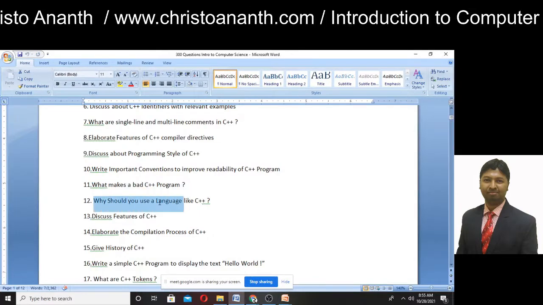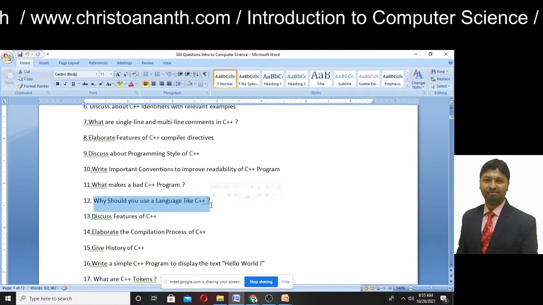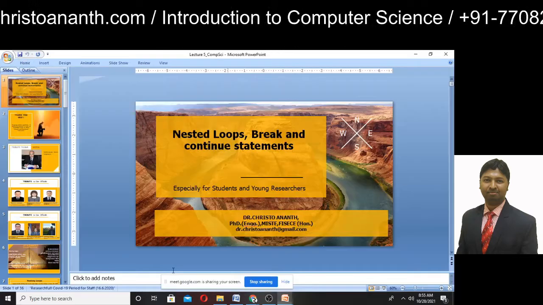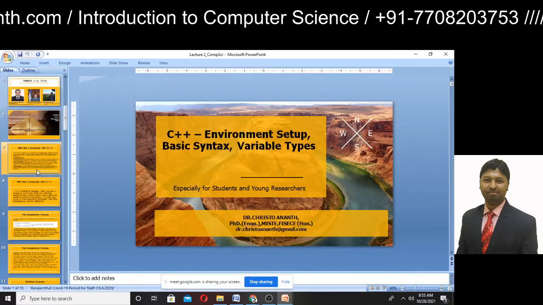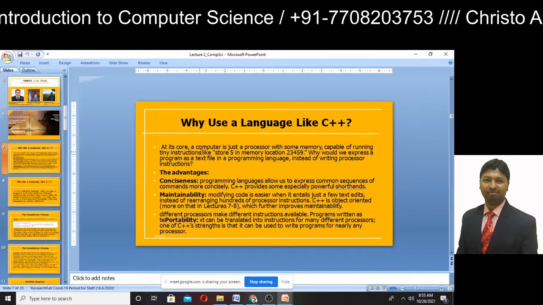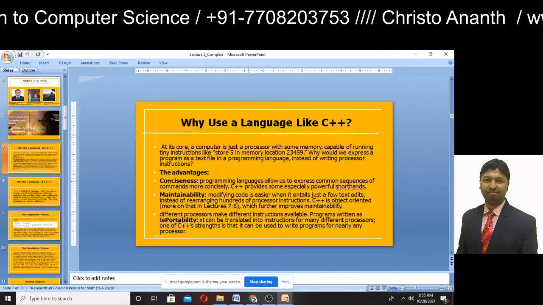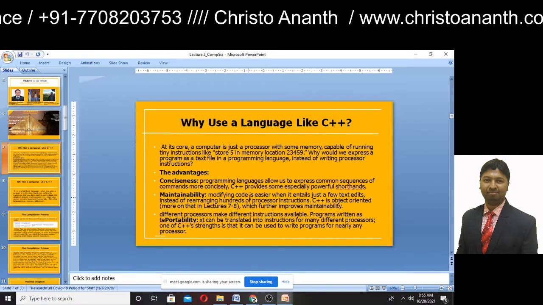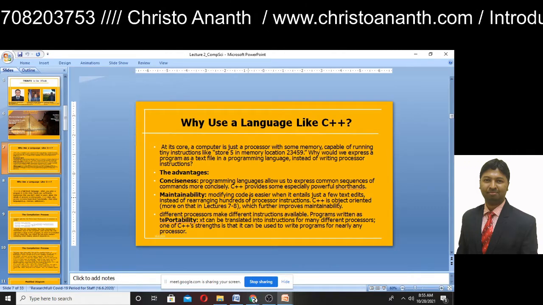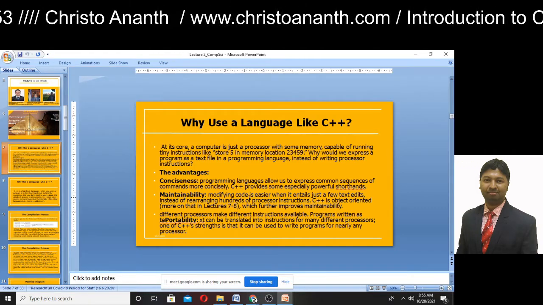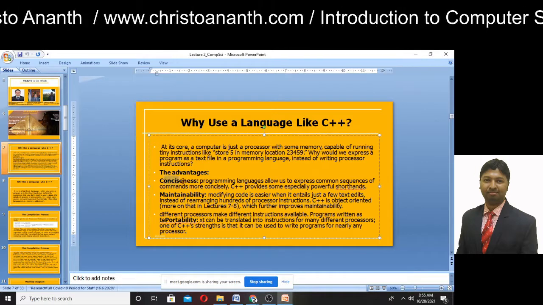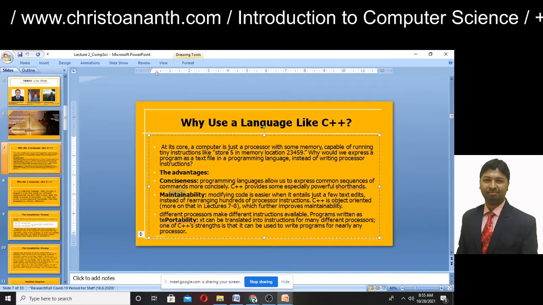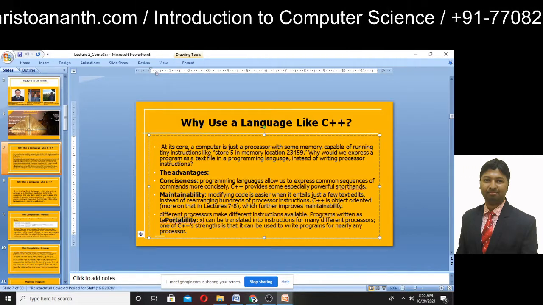And then the next question, why should you use a language like C++? Maybe you're going to start with the advantages of C++. Maybe you can give with regards to conciseness, maintainability, and portability.